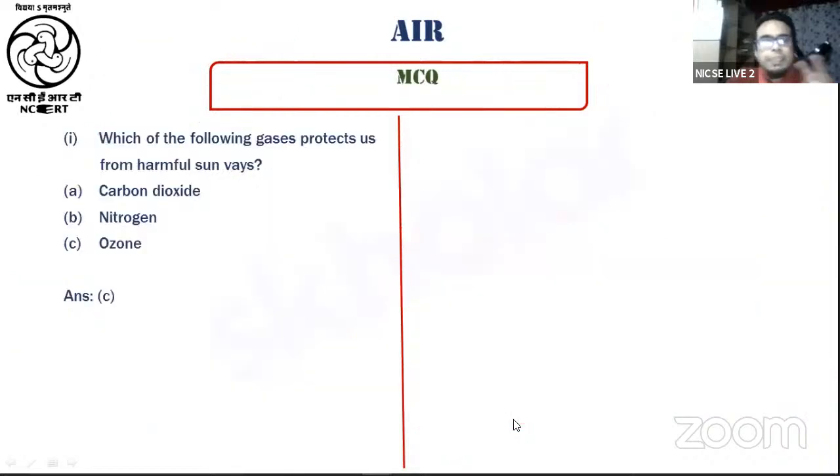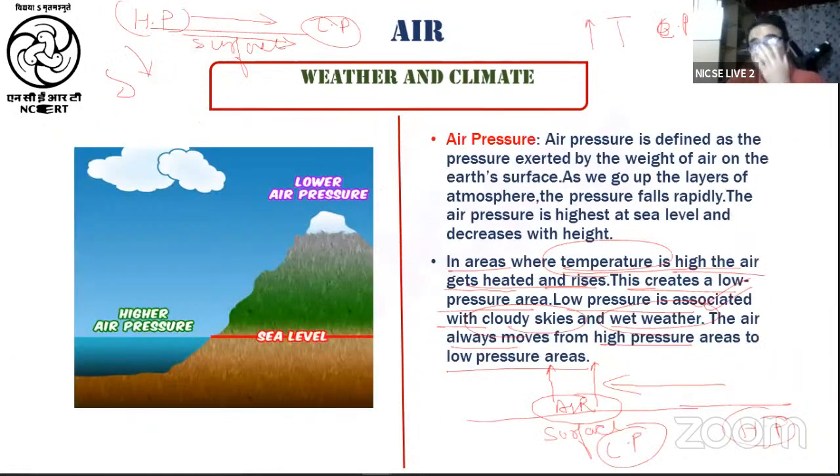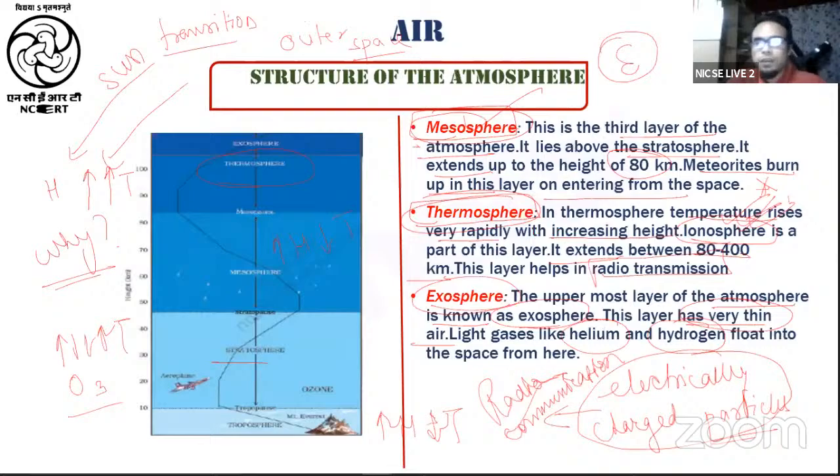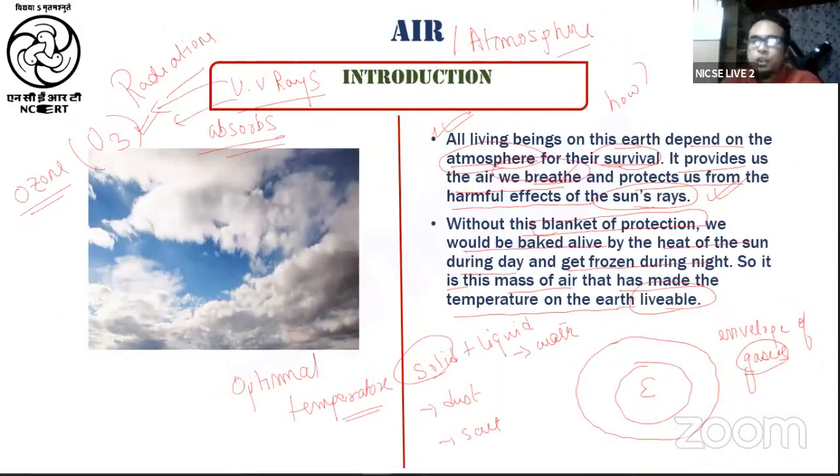Fine. So this is about your chapter number 4 of class 7 NCERT of geography, right? So let us do a quick revision before we stop. So firstly, we have understood what is an atmosphere, which is your envelope of gases, and it also contains your solid as well as your liquid particles, right?